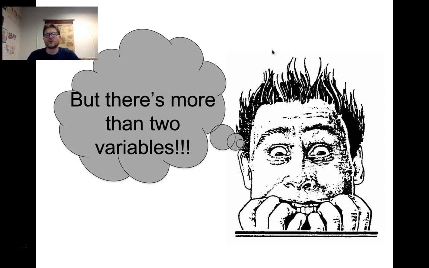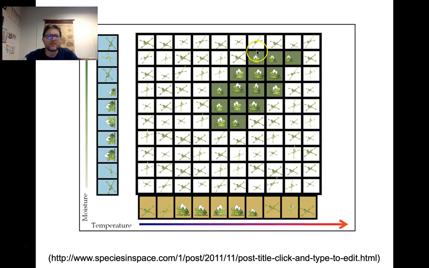But what if you have more than two environmental variables? Certainly anytime you do species distribution modeling, you're going to have more than two. So imagine how complicated that graph would be. I guess this is about 64 different environments within which you'd have to grow the frogs. If you added another environmental variable, that would be like another axis of the graph coming out of the screen at you, making it 3D. You would then have many more than 64 environments you'd have to try growing the frogs in.